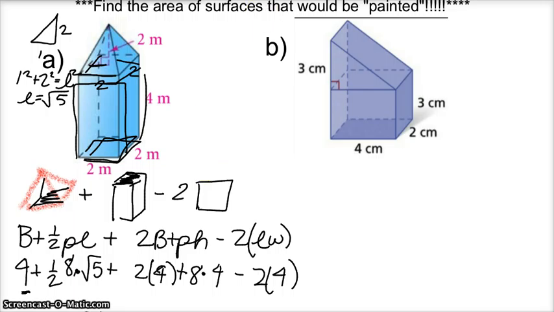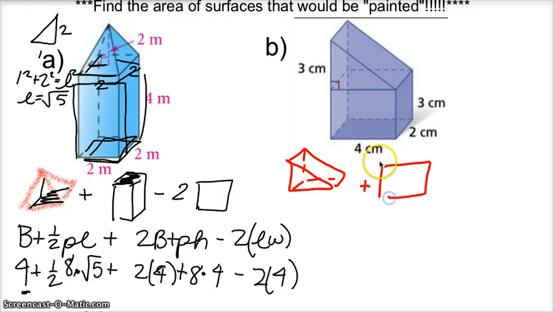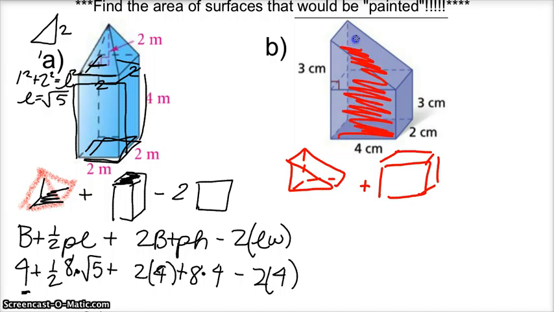I'm going to change colors here. So we have a triangular prism, and we have this rectangular prism. If you think about this object as being hollow, if I wanted to fill it from the bottom all the way to the tippy top with something,